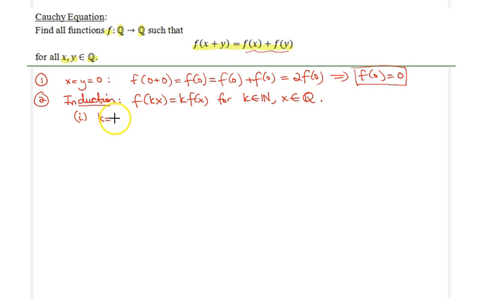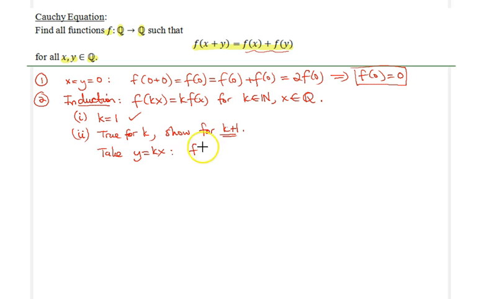The result is true for k equal to 1, so it's easy to check that, obviously. And in the second step, let's assume it is true for k, and we would like to show it for k plus 1. In this case, take y equals kx and plug it into our equation,